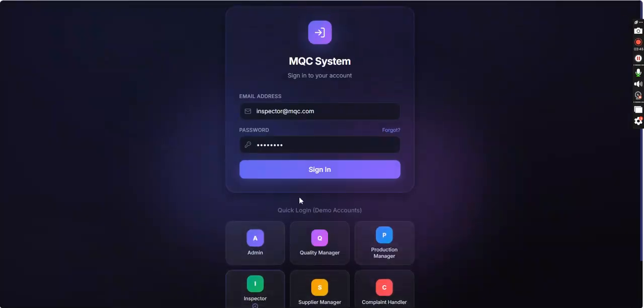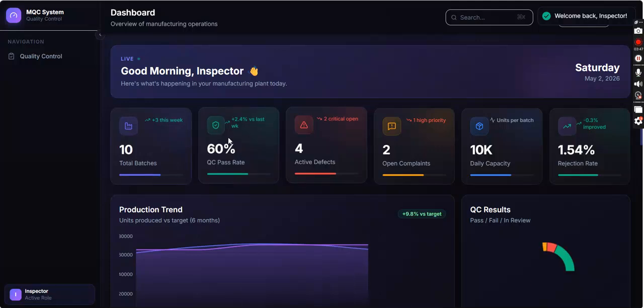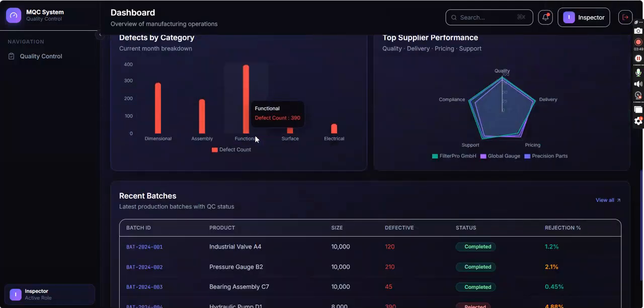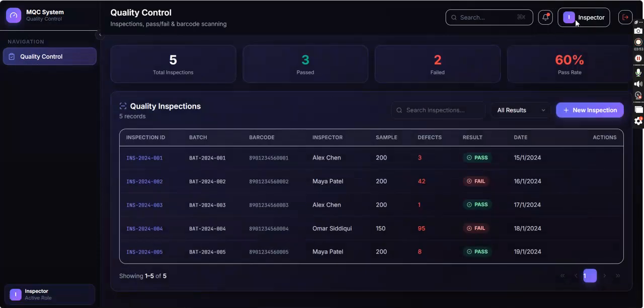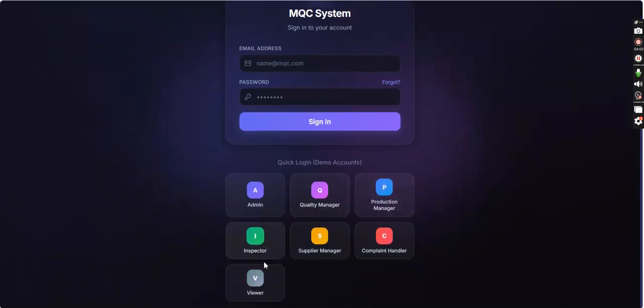Next one is inspector management. This is also very creative and professional, with an inspector list, and a search bar is also available here. You can easily search the table and search the form. And next is